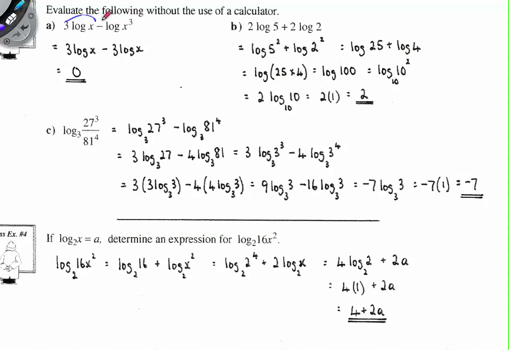They're going the opposite way, but I'll do it a slightly different way, where I bring the 3 up. So I'll have a single log, and I'll have x to the 3 over x to the 3. Now we all know that's really 1, so I'm evaluating log 1, and log of 1 is